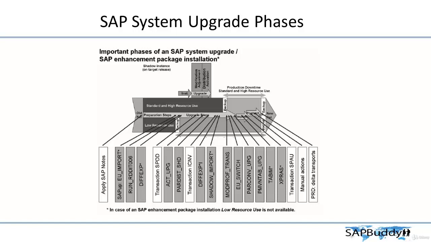Then the next step is run_rdd IT006. In this time it will calculate the delta between the standard repository and the shadow repository for the system upgrade. Okay, so you have an actual repository as well as a shadow repository. In this step it will create a delta difference between these two. The next one is diff